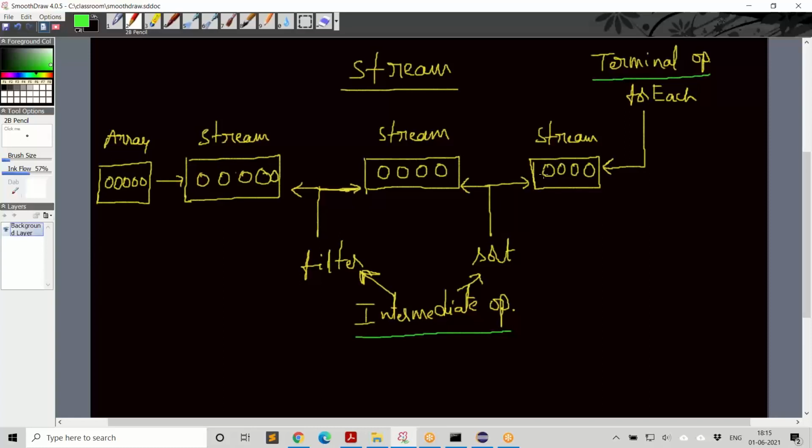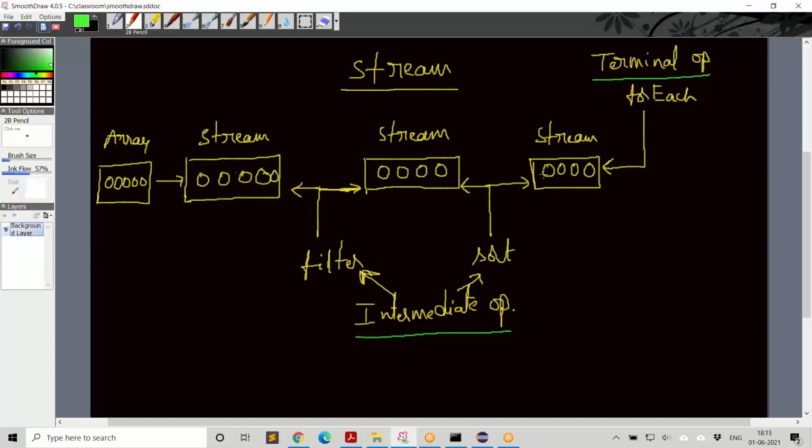So we take the data from a container like an array. We create a stream. We have methods to do that. In fact, you can create a stream from many containers. Like you can create a stream from a list, from an array, from a file, and a lot of other things are producing streams nowadays.